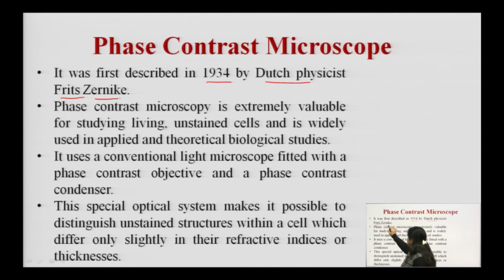His name was Frits Zernike. Phase contrast microscopy is extremely valuable to study biological samples, cell structures, and the organelles within them. On what principle does it work? It also creates a dark background, but the light will just pass through the specimens. Your specimens will be bright, whereas the whole background will be dark, as seen in dark field, but an extra annular phase contrast plate, based on refractive index, was also added.